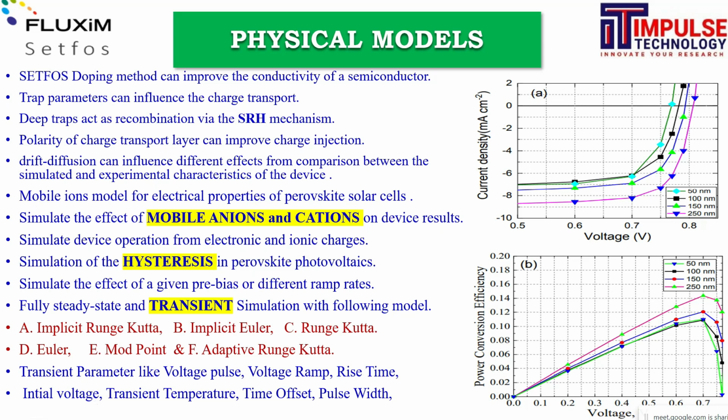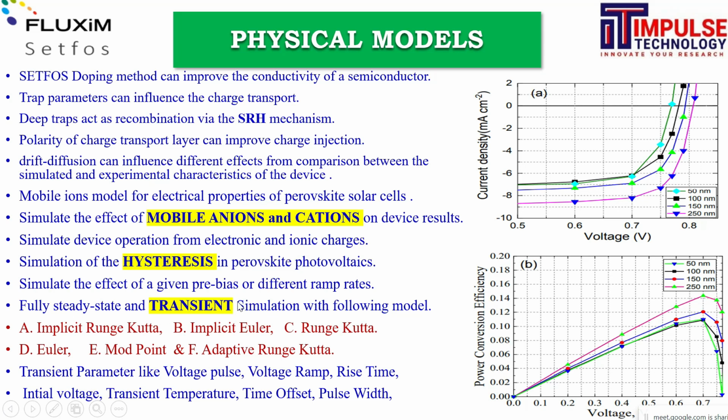Mobile ion models are there that are relevant for the electrical properties of a solar cell. So the effect of mobile anions and cations can be visualized, which is not available in other software. Apart from that, device operation from electronic to ionic charge profiles. Simulation of the hysteresis effect may also not be possible in other software. So the hysteresis effect under different pre-biasing conditions, different ramp rates, and different temperature conditions is fully available